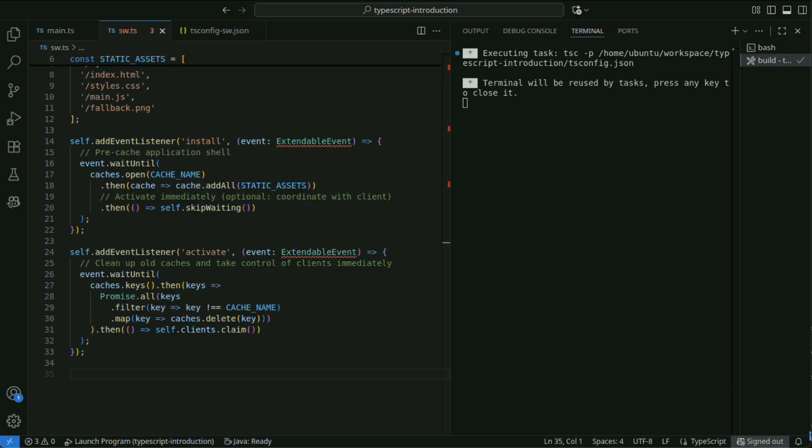In the activate event, old versions of caches are deleted, and the service worker is kept up to date. Furthermore, by calling self.clients.claim, the new service worker can control all clients without waiting for the page to be reloaded.